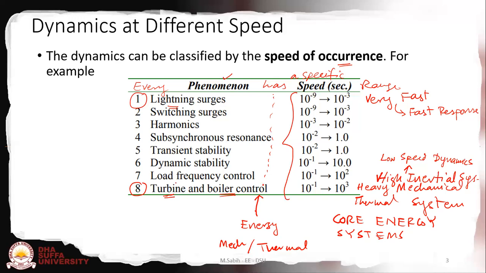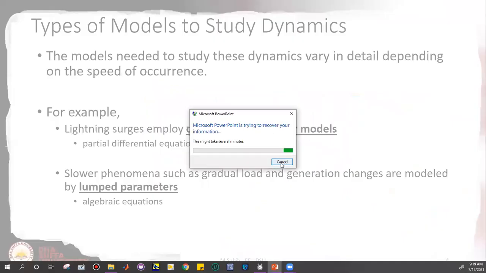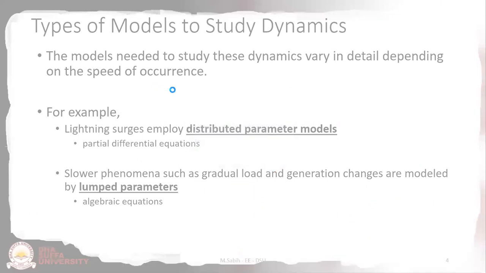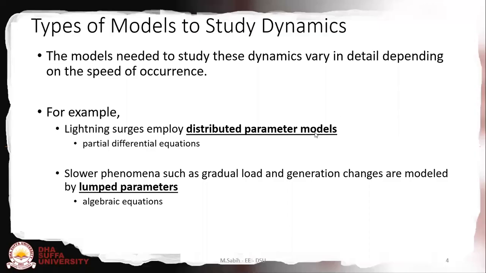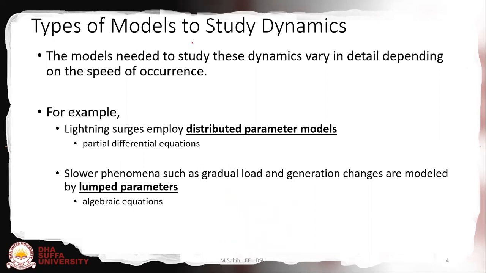to study this, of course, you have to understand it in terms of every aspect, in terms of speed, like this. So stability is also being studied. To study this, what we need is the type of models that will help us in conducting this study, right? Okay, so let's continue. The types of models to study the dynamics.